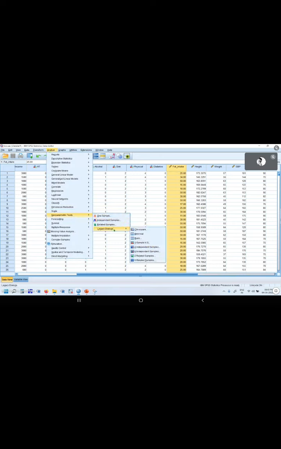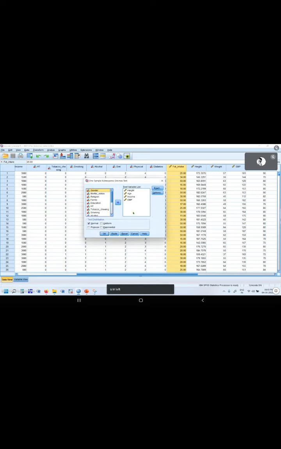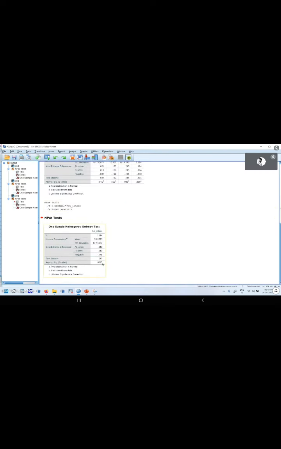So whoever has a system and has already loaded the data, can you check the normality for the variable fat intake? I will tell you where the option is. Okay, madam said the data violates the assumption of normality. I asked whether you can do it, and she said no. Okay, very good. Madam already mentioned it is violating the assumption of normality because the value is less than 0.05. Very good.